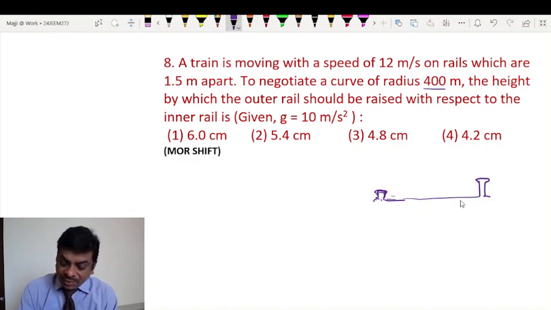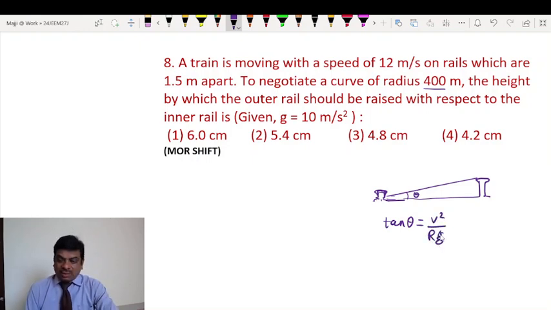So as you know, based on that, if this is the banking angle, so tan of banking angle is equal to v square by Rg. This is the formula you can see. I hope you are aware of this formula. So it just needs to be substituted here, and here tan theta will be h by